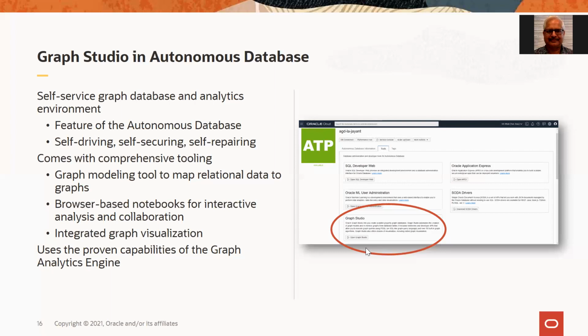So all the self-driving, self-securing, self-repairing capabilities of the underlying database extend to the complete graph